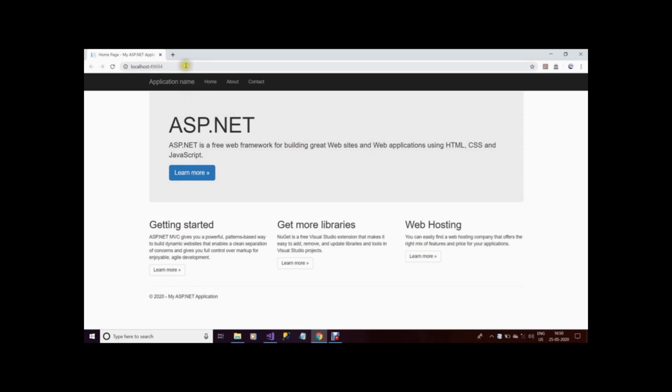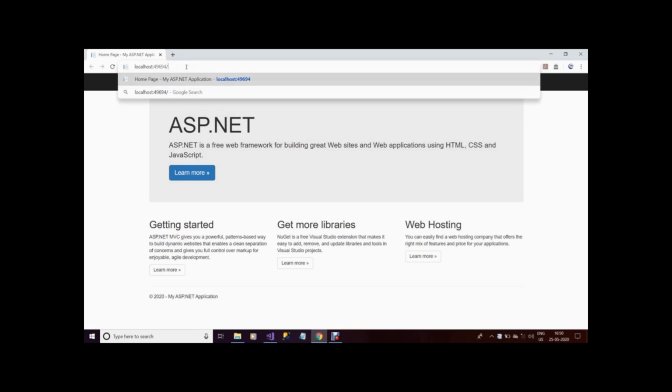This is the default ASP.NET web page. In the address bar, put the controller name and action name. Our controller name is Test and the action name is GetString. So this is our output.